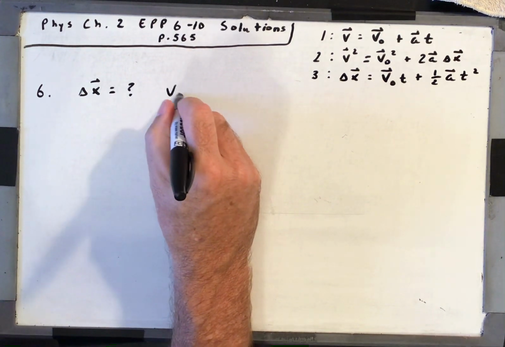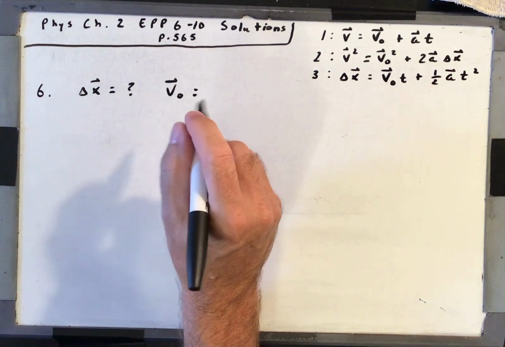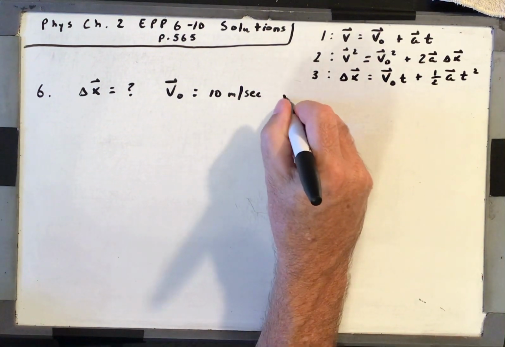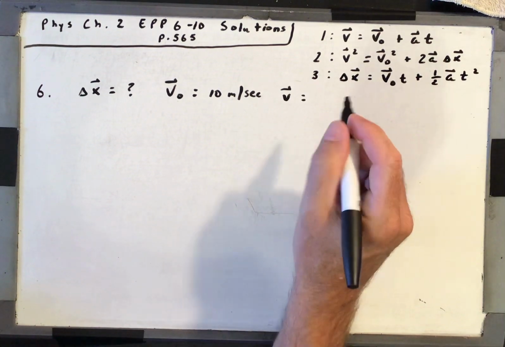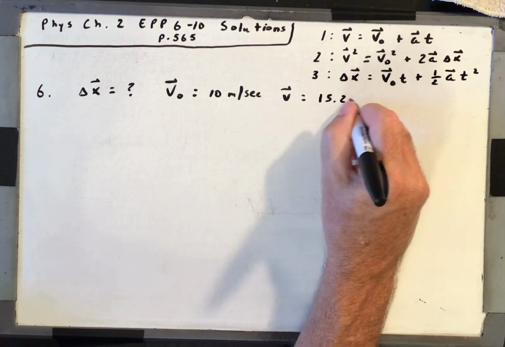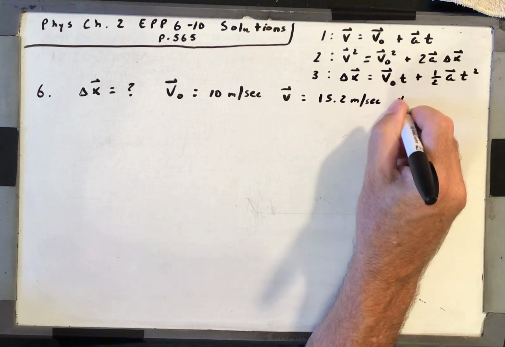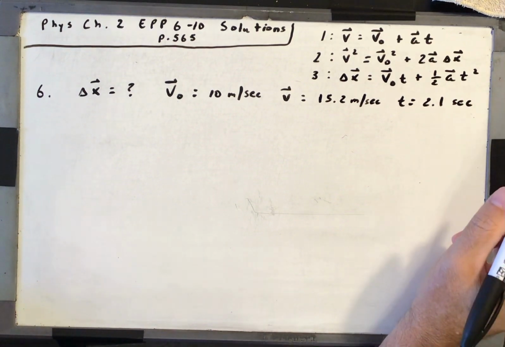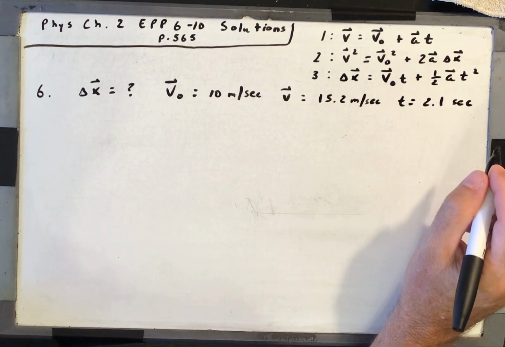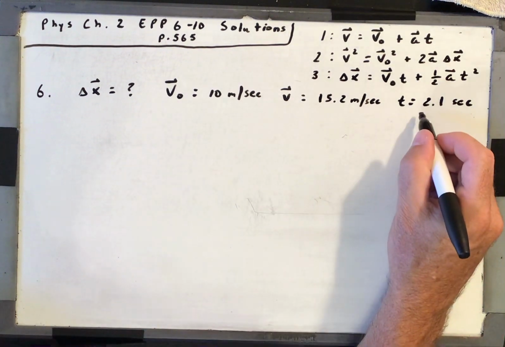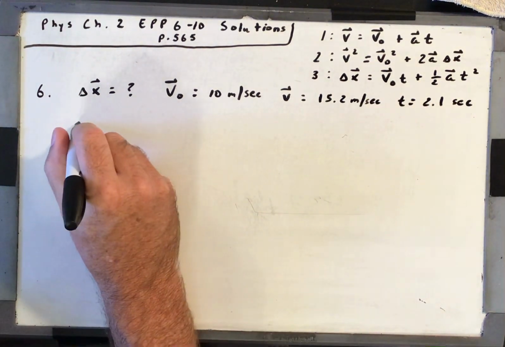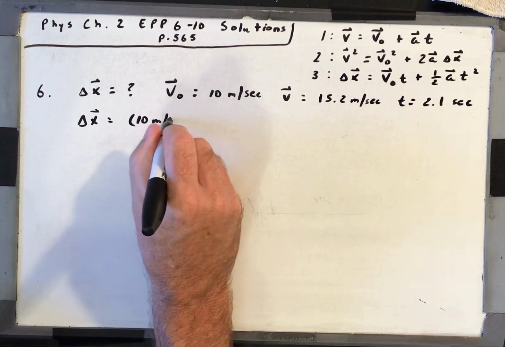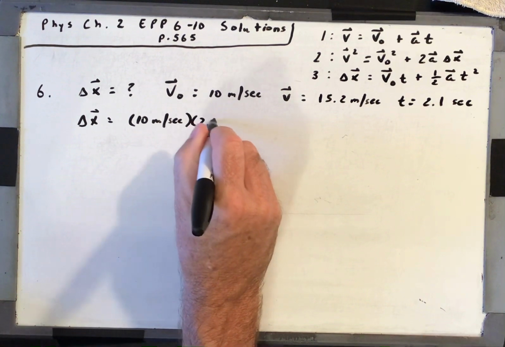We know initial velocity is 10. Final velocity is 15.2. And time is 2.1 seconds. Okay, if we want to know delta x and we have time also involved, we're going to use equation 3. So delta x is equal to initial velocity, 10 meters a second, times time, 2.1 seconds,